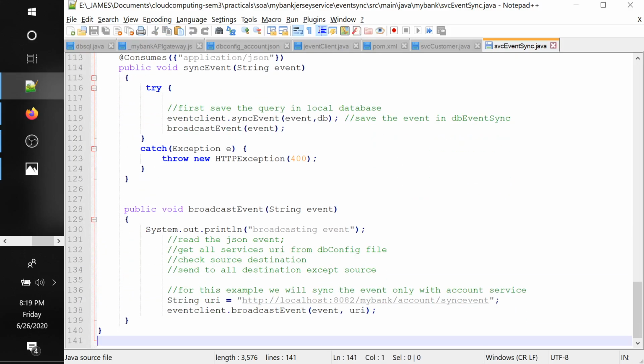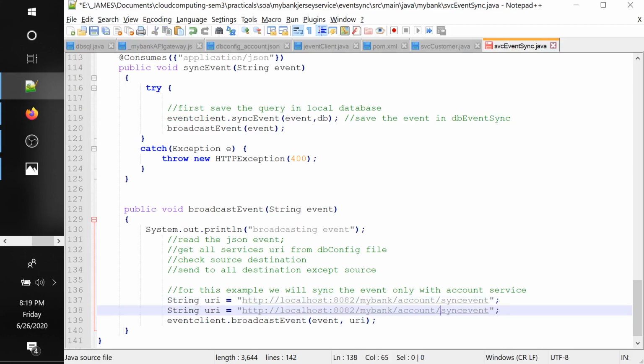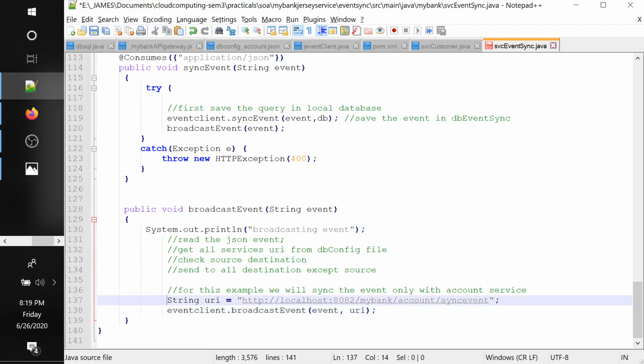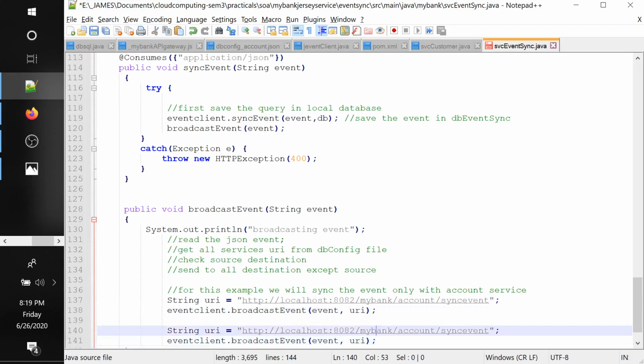In the broadcast event, I am broadcasting to account over here. Now if I wanted to broadcast it to port number 83, which is money transfer, I will have to repeat this code twice, right? I can write this code over here.